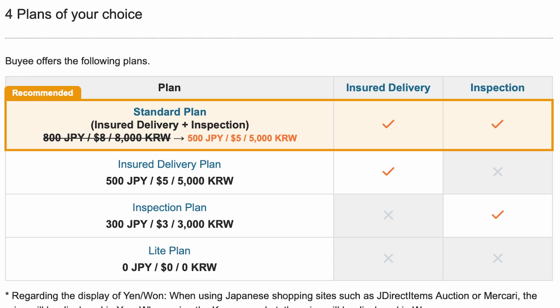If you want your items to be inspected, you're going to choose the inspection plan. So with this plan, you make sure that Buyee checks the item is okay before sending it to you. But it won't guarantee you getting a refund in case anything happens to it. That's when the insured delivery plan comes in, because in the unfortunate event that something happens to your package, you're